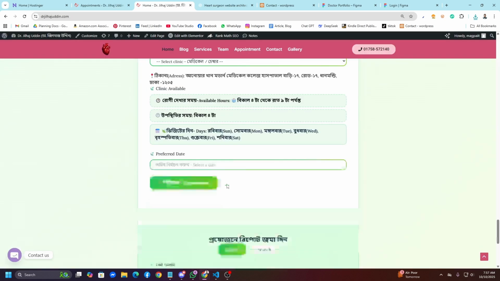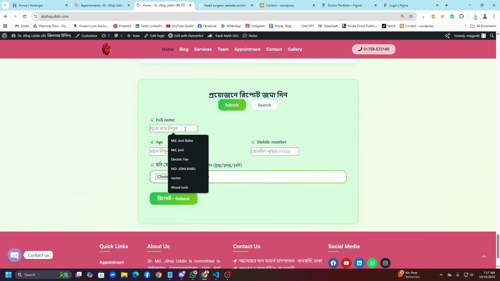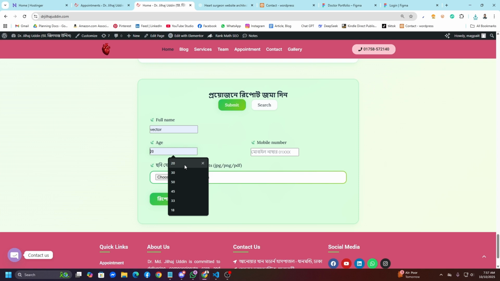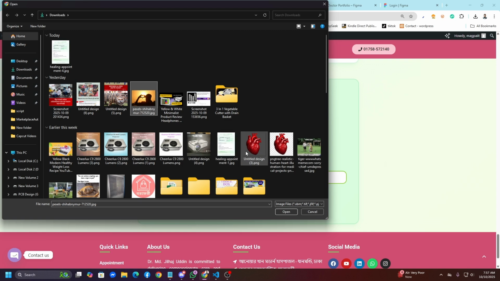Now we're moving on to the next section. You can see the report submit section. In here, you can directly submit any reports you want to, but in an image format. So you can see I have added a phone number. Only by this phone number you can find any answer reports. So if I add any of the images, like this one,